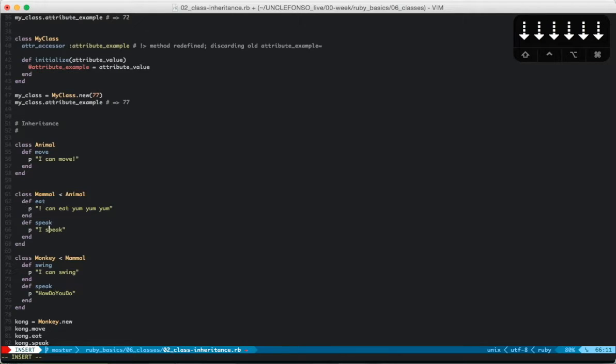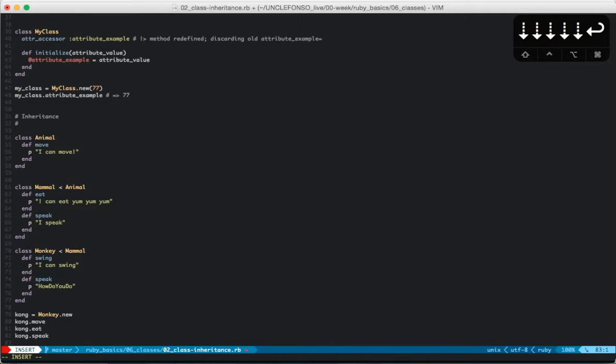Because he's inheriting these behaviors. What else? And oh yeah, he's gotta be able to swing. Let's see. Oh yeah, speak should be specific to him, right? Because we got two different speaks. We got speak as a monkey and speak as a mammal in general. So let's see how that scopes out. So he can move, he can eat, he can speak, and